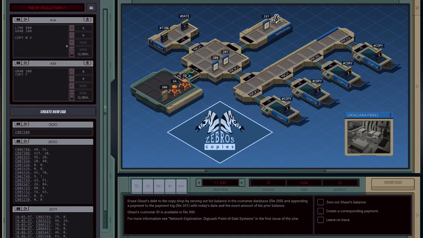Copy F to M, and now he's going to link 800. When he gets over here, he's going to grab 201, move to the end of the file, and then he's going to copy,